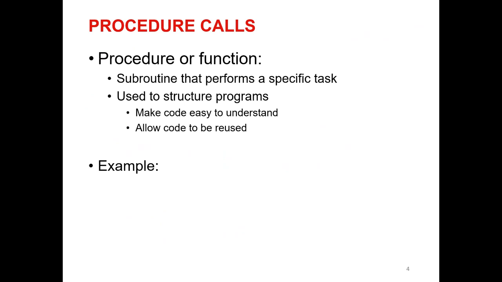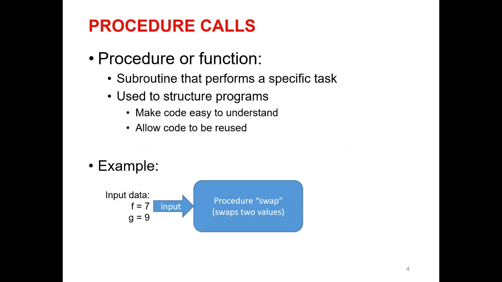For instance, we have here a simple procedure. Let's say we have a box here. In this case, the procedure just swaps two values. So this function or procedure will have input values, something will happen inside this box, and it will generate output values. In this case, the procedure is just swapping the values. You could have a function for adding the values or for doing any other kind of operation, but we will always have the same pattern: input arguments, something happening in the procedure, and output arguments or output data.